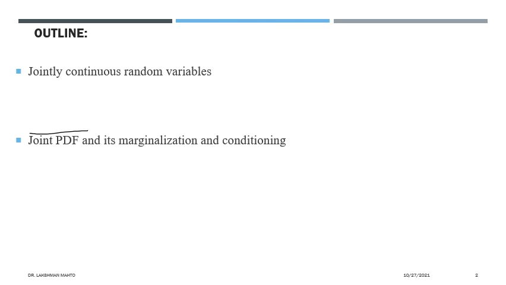Here, in case of jointly continuous random variables, I will talk about various events. In case of a random variable, you have already seen that we define events in terms of the random variable. Similar features will also come in case of jointly continuous random variables. We will define various types of events related to them, and then talk about the probability of those events with the help of the joint PDF.